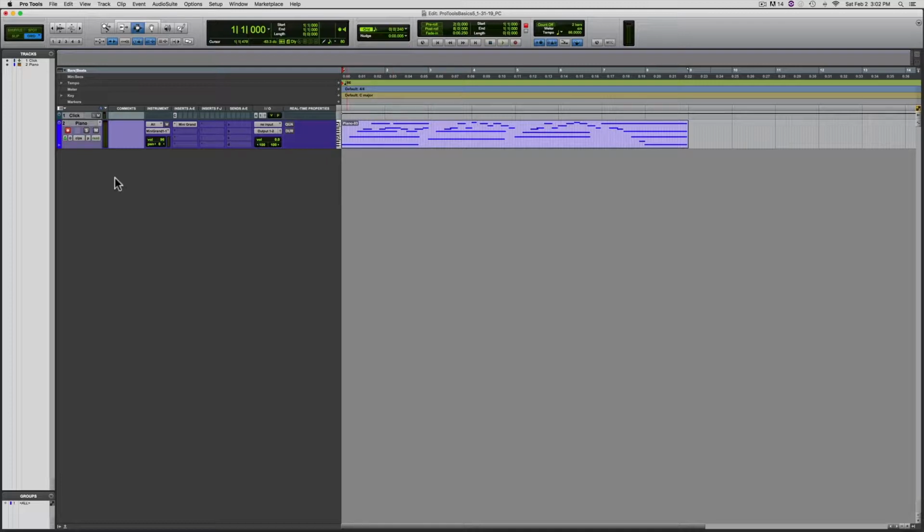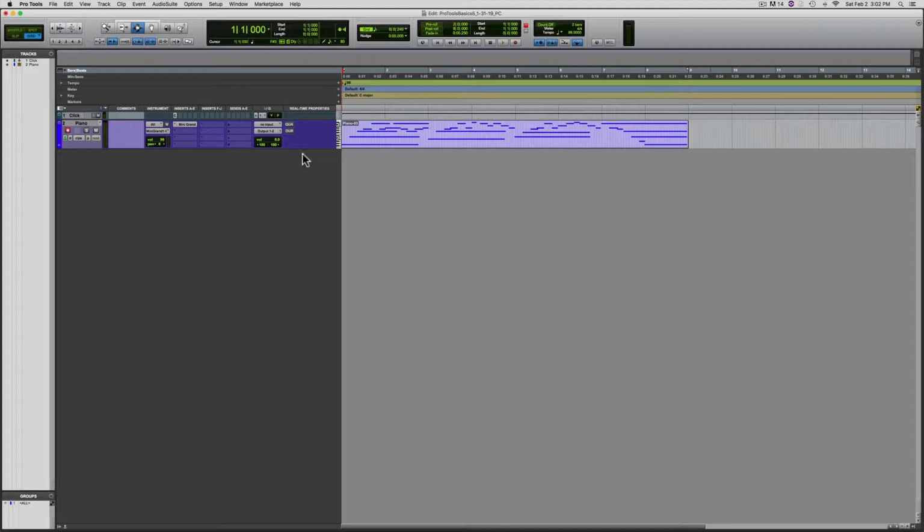There are 3 ways to see MIDI information in Pro Tools. The first one is right here in the Arrange page, and I do not recommend working this way, but I'll show it to you anyway. So if you go right here, this is the track view selector. Click on that, and you can see all sorts of options. If you click on notes, you'll see that there are a bunch of MIDI notes in here on a piano roll. Let's get back to clip view, and I'll explain in a later video why I like clip view better